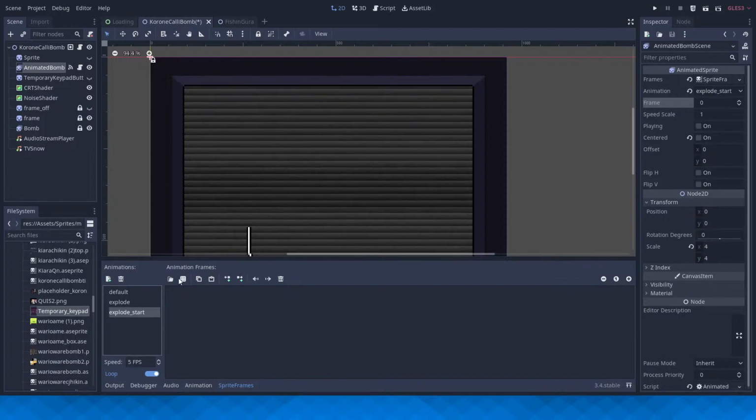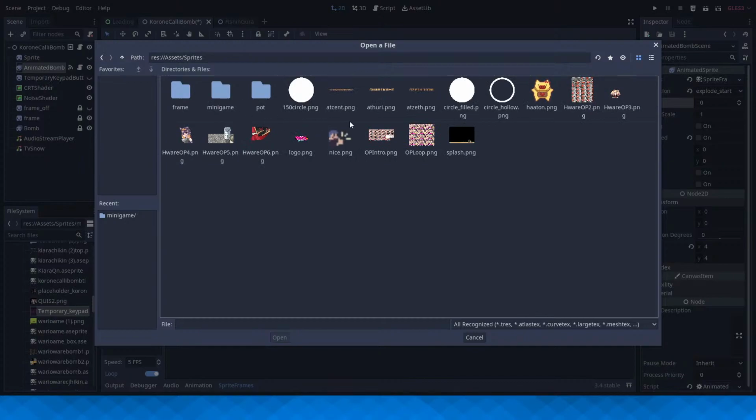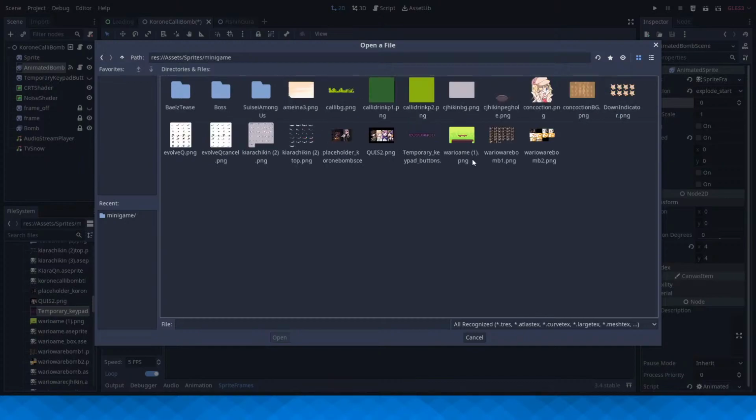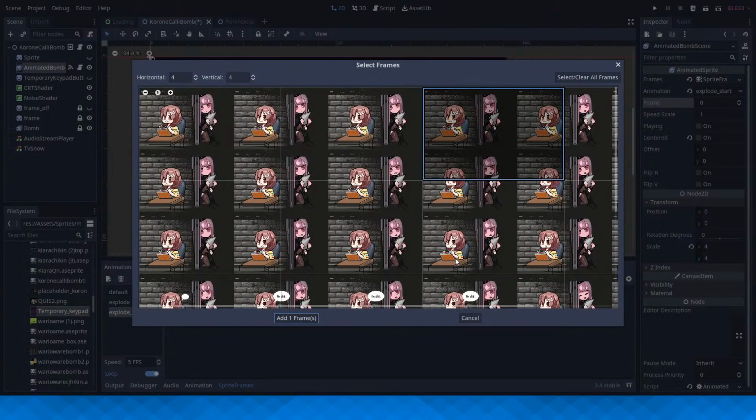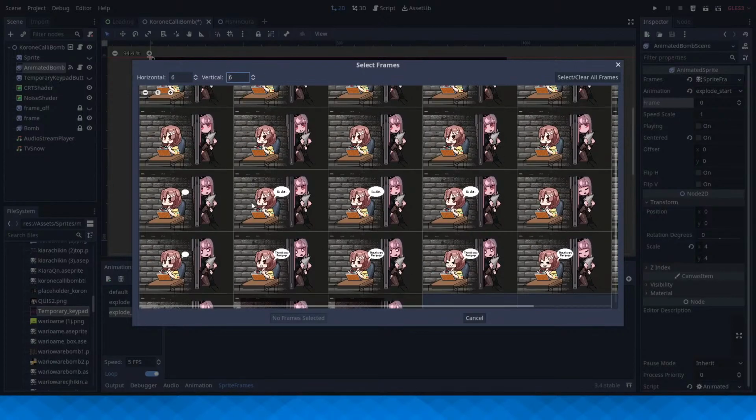Okay, so, take that from Sprite Sheet, Assets, Sprites, Minigame, and it's in WarioWare Bomb 1. So, if I do this correctly, right. So this is where it, wait, is that where it starts?